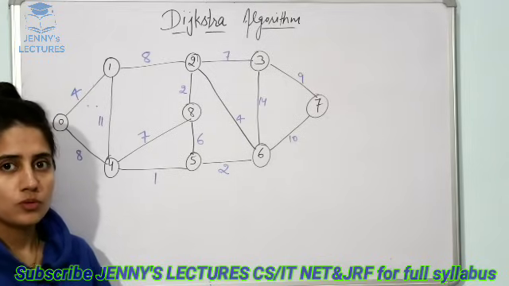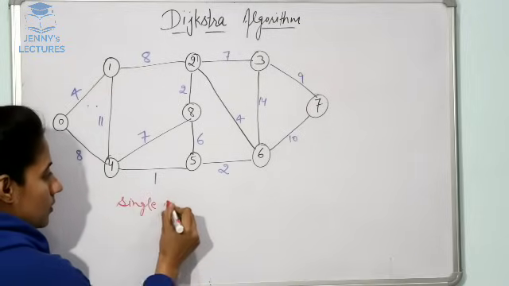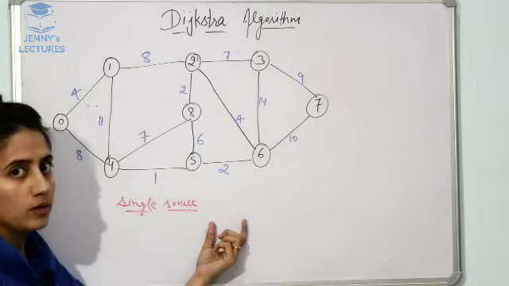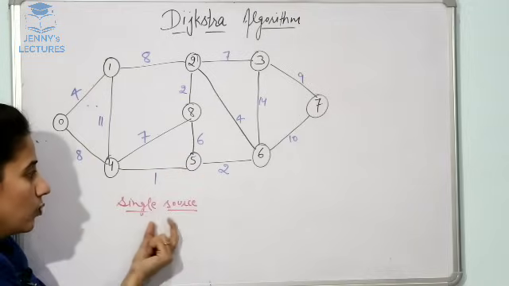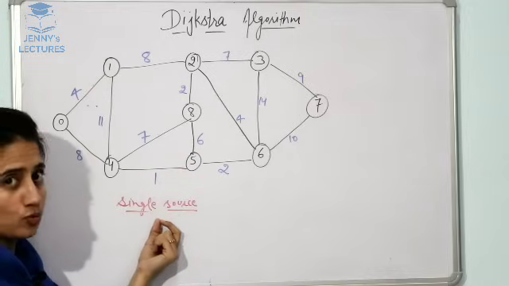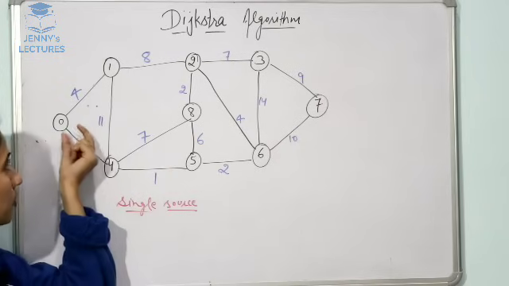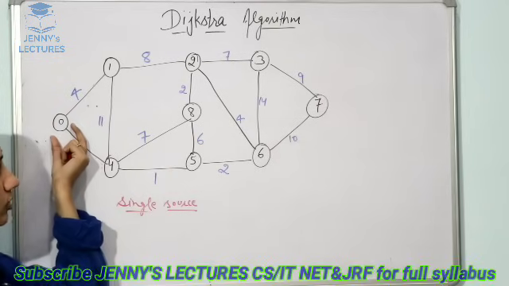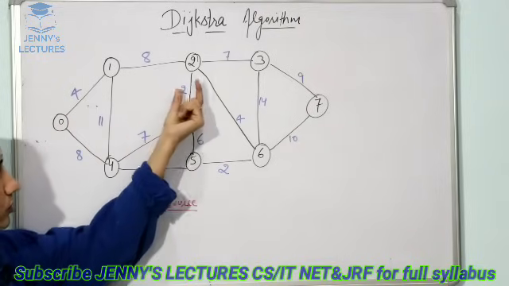Okay, so Dijkstra algorithm is basically single source shortest path problem. See, the name suggests single source. In this algorithm, one source is given. You are supposed to find out the shortest path, maybe considering 0 as a source vertex, and from 0 you are supposed to find out the shortest path to all the vertices, or maybe you are supposed to